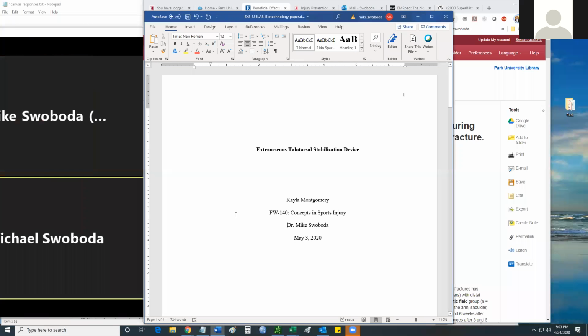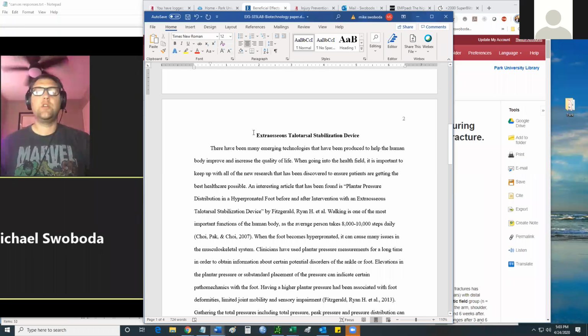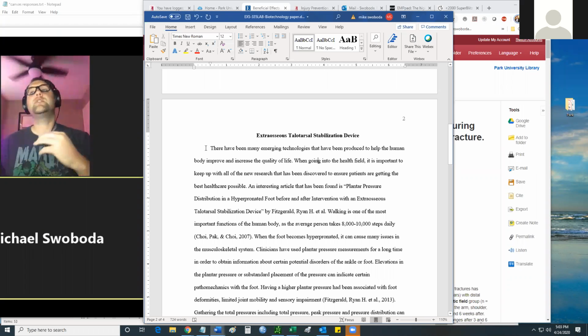Then when you scroll down, you are going to start your first page of text by again putting the title of your paper, centered, boldface. This first section becomes your introduction and background here. So you are going to be writing all about your technology, all about the background of your technology here.